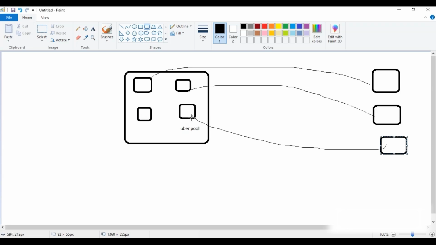Why? Because the advantage is, if there is any problem with the functioning of this microservice, it will affect only this specific microservice. Maybe Uber Pool might not be working. Remaining all will work, because this is running as a separate application, a separate microservice, so it will not have any problem. If this one has a problem at the code level, or maybe a huge load is coming and it's not able to perform, then this specific option will not work properly for the customers, the front-end users. The remaining microservices will work perfectly fine.